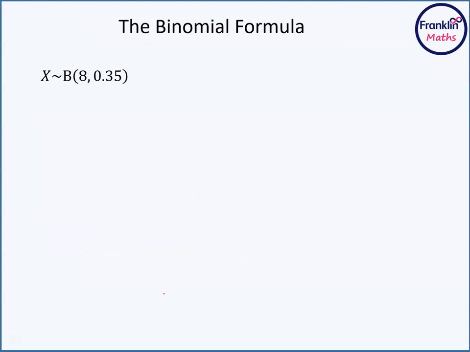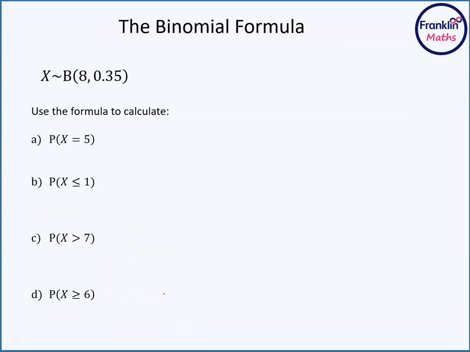Okay, so here we go. I've got a binomial distribution there, and this time I'm going to use the formula to calculate. Now, I've tried to keep the numbers quite short on these because they are going to take a while. So this first one here, if I'm just using the formula, it's going to be n choose x, so 8 choose 5. Okay, so I want to win the game 5 times. So then it's going to be 0.35 to the power of 5, 0.65 to